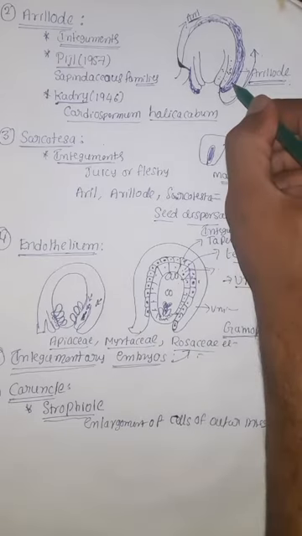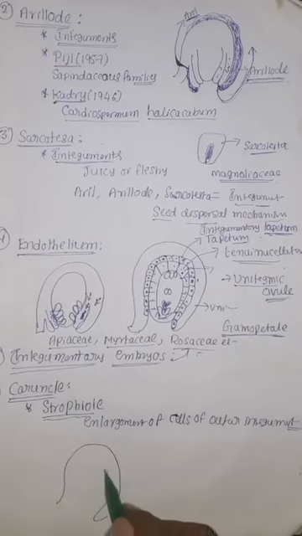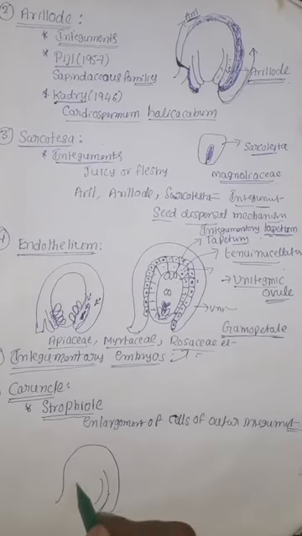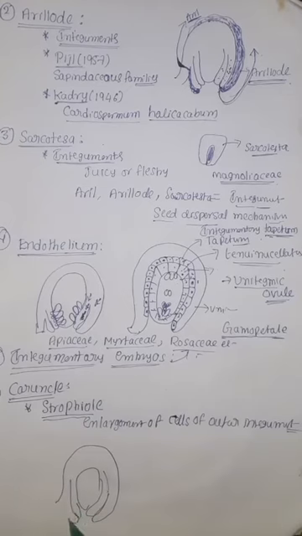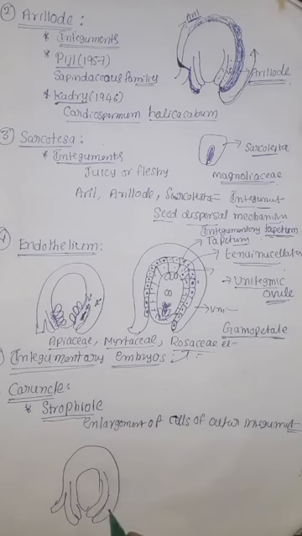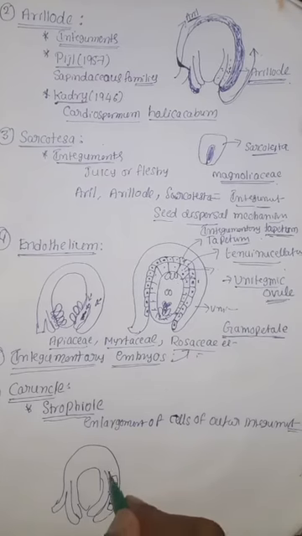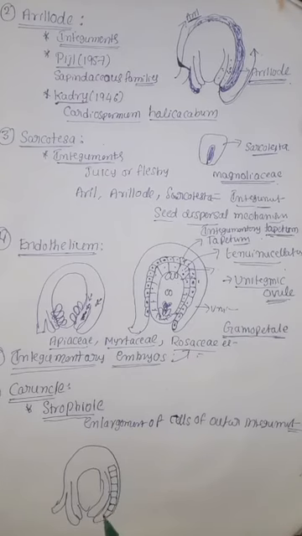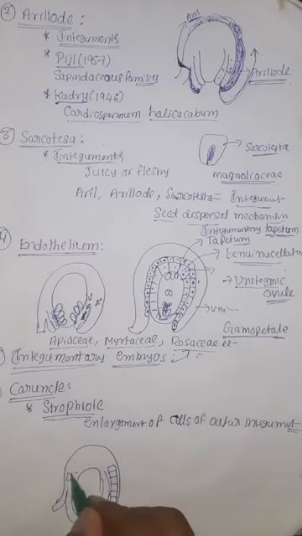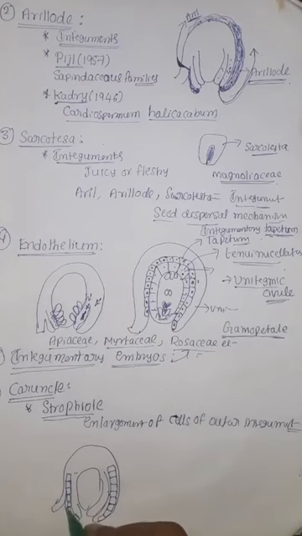This is the outer integument, right? I will draw one more rough diagram. This is the outer integument, inner integument. This is the nucellus. This is the inner integument. This is the outer integument. In the case of caruncle, some cells from the outer integument enlarge in size. This enlarged cell layer is called the caruncle or strophiole.